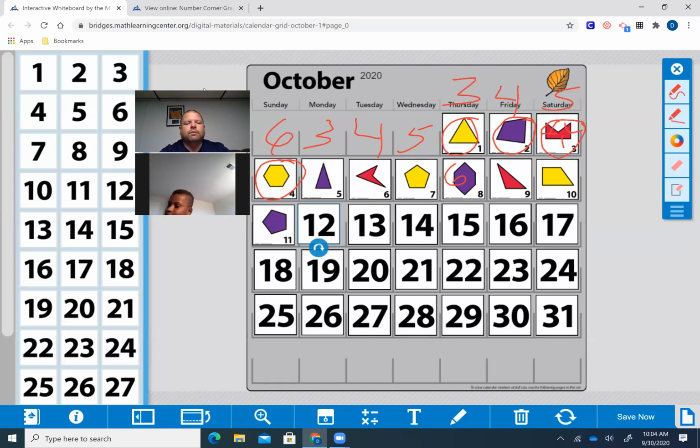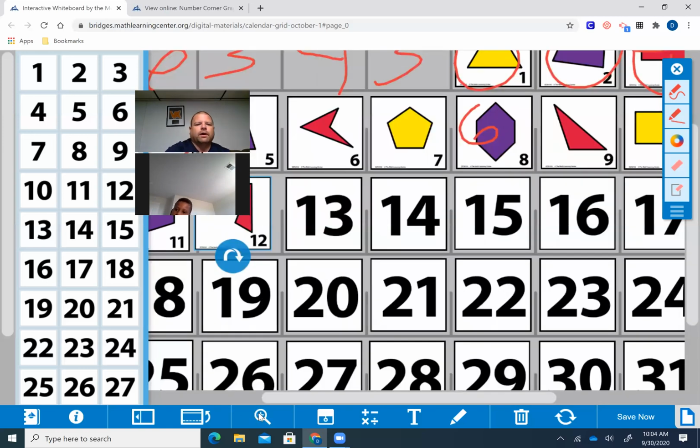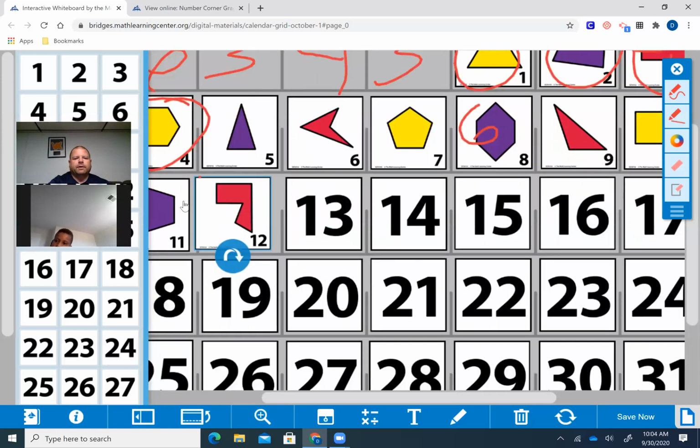Red. Red. Do you know what we call a 6-sided polygon? No. No, it's called the hexagon. Can you say hexagon? Hexagon. And that is a hexagon. So do you see card 12? Let's kind of look a little closer. Card 12 is pretty interesting because even though it has 6 sides, it has like a weird kind of shape,